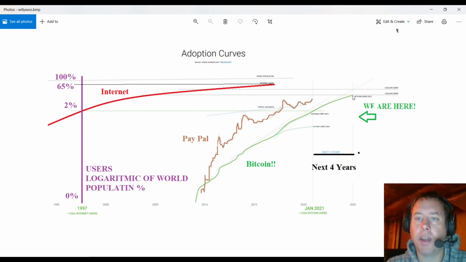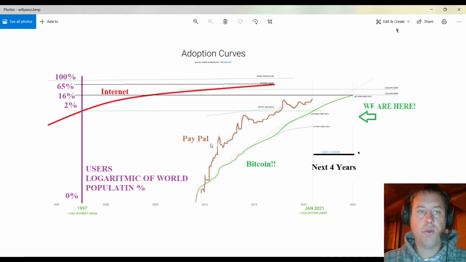Let's see how many Bitcoin users there will be in 2025 if we follow this growth rate. In 2025, we are going to have 16% of the people in the world owning crypto on an exchange or on an on-chain wallet. And I think this can either stagnate a little bit and say we grow with half the rate, just half the rate, we are still going to see massive adoption of cryptocurrencies among the world's population.